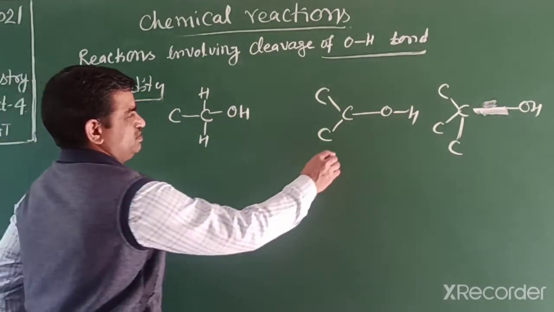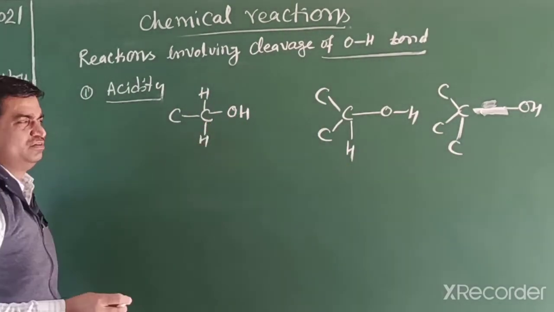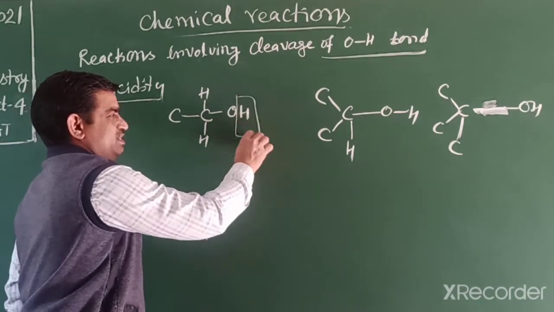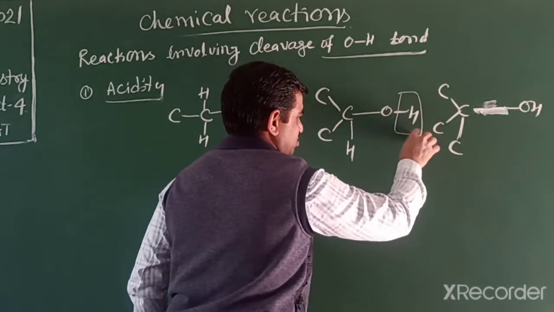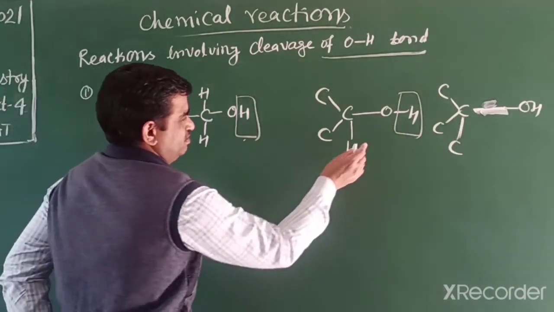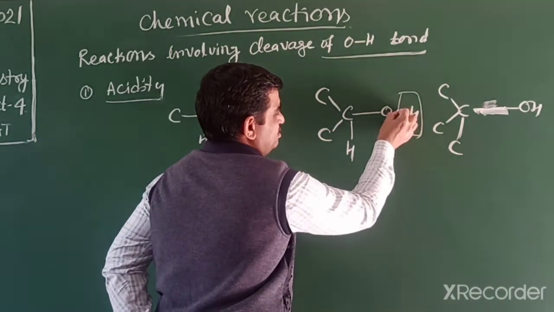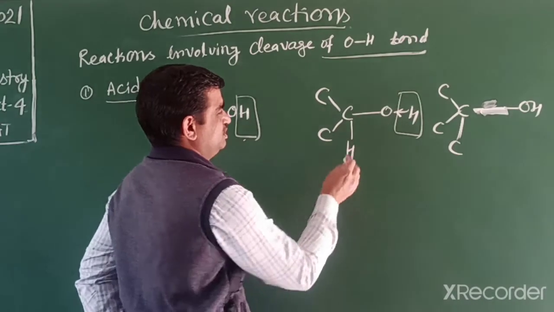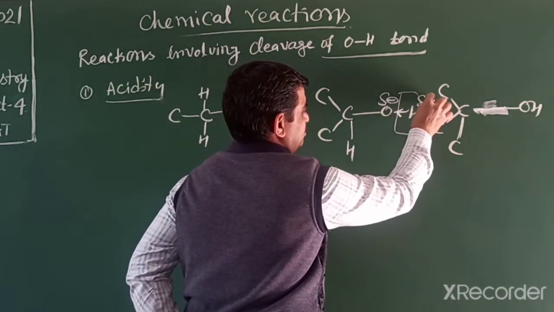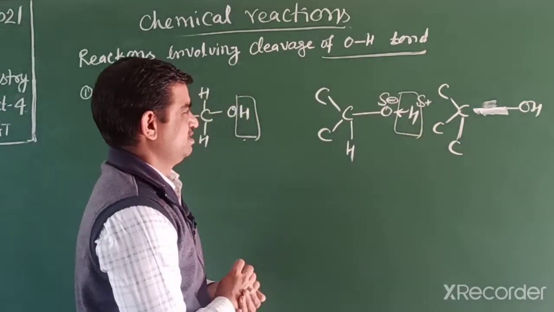So students, when we observe this, we want to remove the OH bond. This bond we want to release. The more easily this OH bond dissociates, the more acidic it is. So why does this OH bond dissociate? Due to polarity, because the shared electron moves towards the oxygen side, so it bears a negative charge and hydrogen bears a positive charge. But this negative charge is further